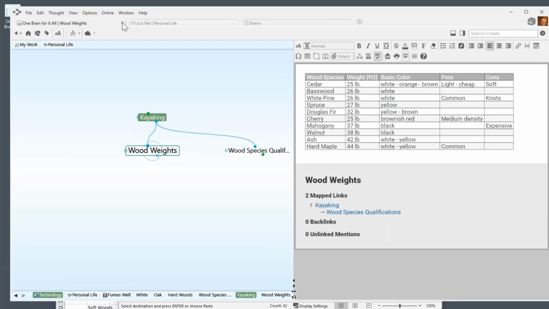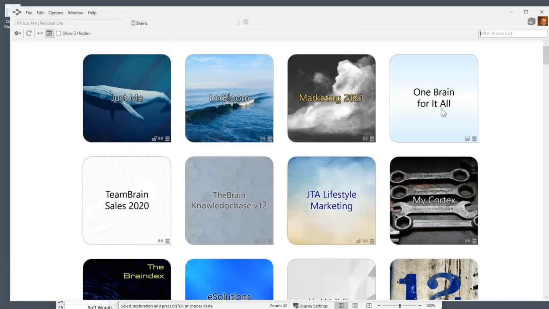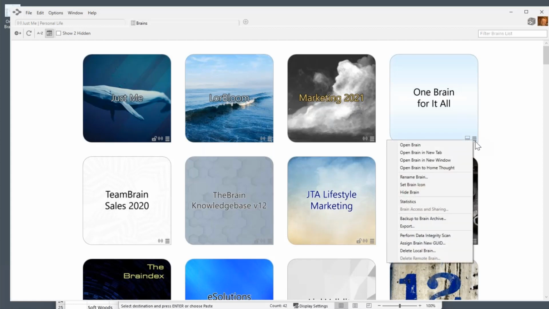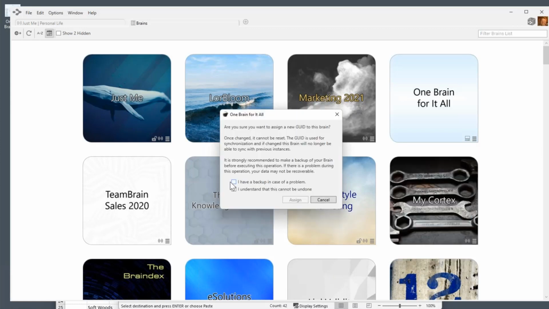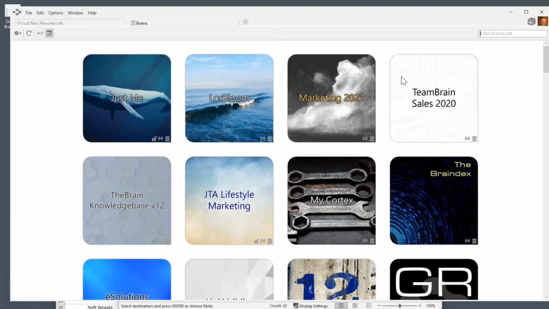So I am going to close this brain and go back to my brain list. And this All For One is the local brain that I have. I want to change the identity of this brain and sync it under my account. So I'm going to click on the little menu, call it the hamburger button, and go down to Assign Brain New GUID. So yes, I understand I'm giving this brain a new identity, and it's got a new GUID, and that is done. And now I can say,